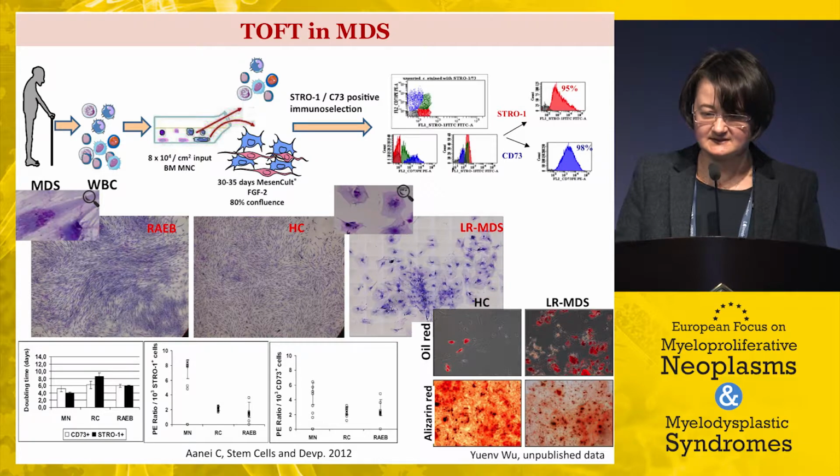In our experience, the mesenchymal stromal cells selected based on two specific markers, STRO1 and CD73, have different capacity of proliferation and different functionality in primary cultures. For example, the mesenchymal stromal cells from high-risk MDS have a cluster of aberrant proliferation compared with healthy mesenchymal stromal cells selected from age-matched donors. And in low-risk MDS cases, we have